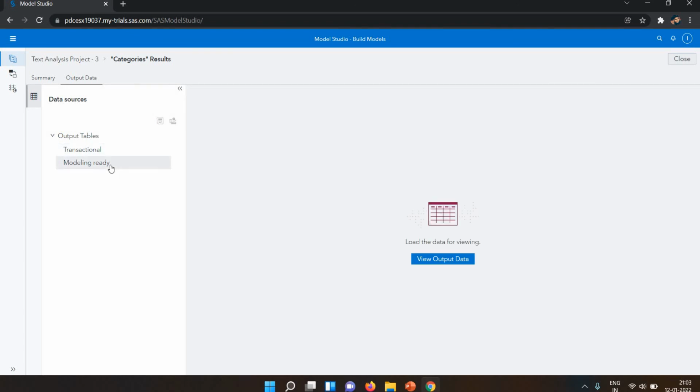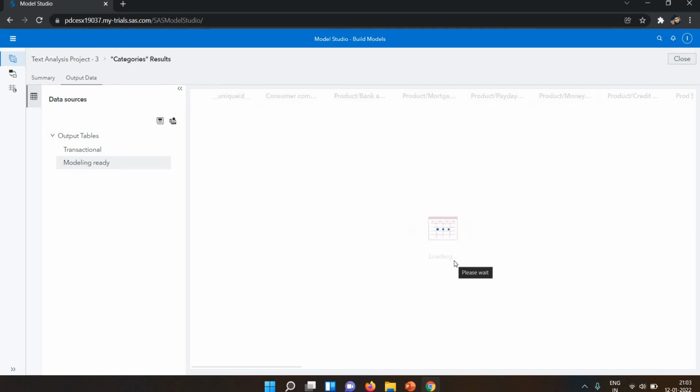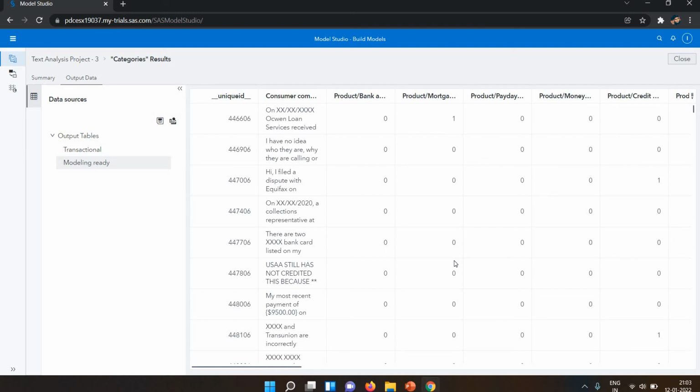Also, then we have the modeling ready data. Modeling ready data is basically a transpose of the transactional data. If you want data like this transposed one, you can consider this one, because now you can see here, if the product is bank account services in the consumer complaint, it will show one, else it will show zero. Let's consider this first id, 446606.